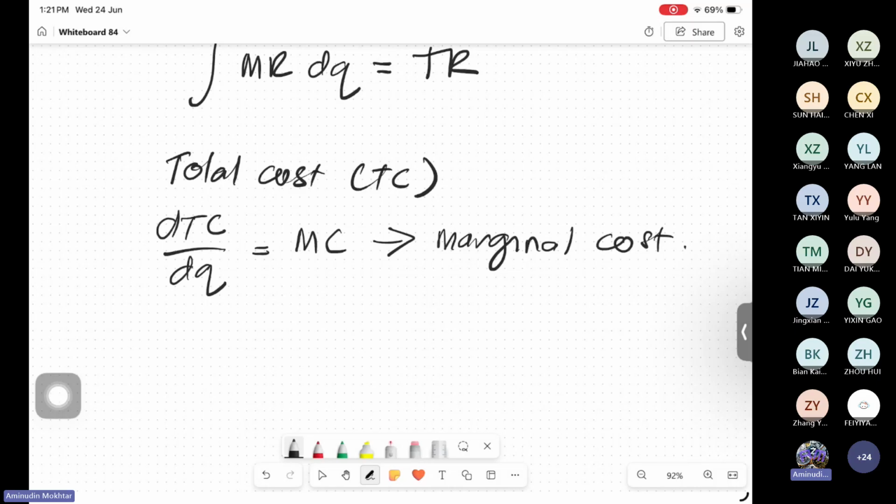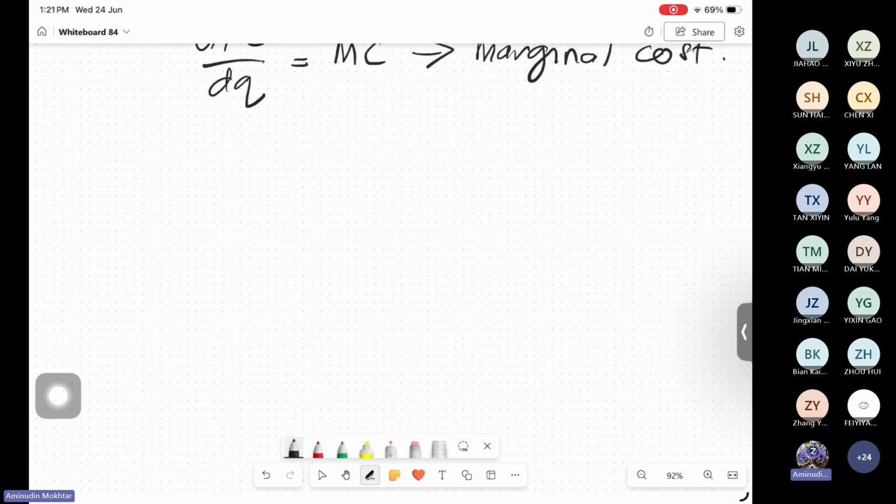So we can say that MC is the first derivative of TC. Then in terms of integration, we can say that TC is the antiderivative of MC. So the integral of MC dq equals